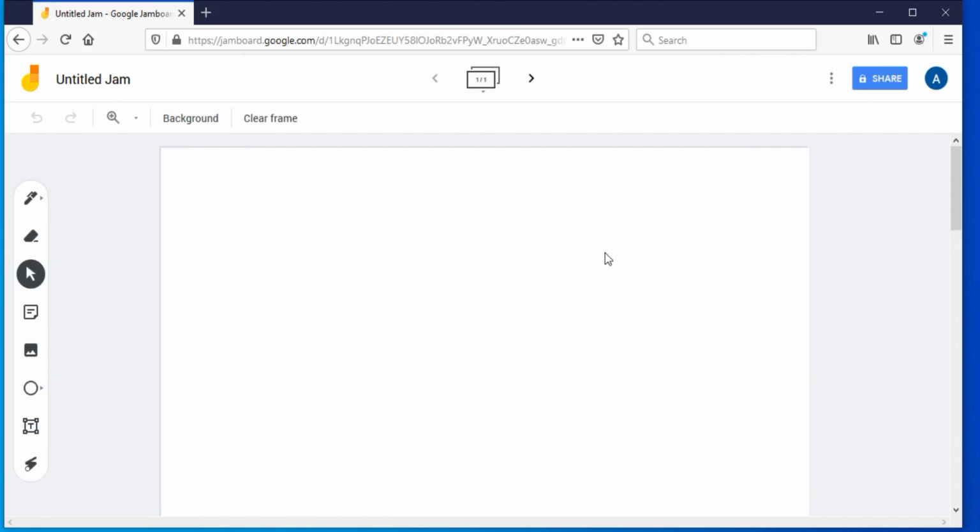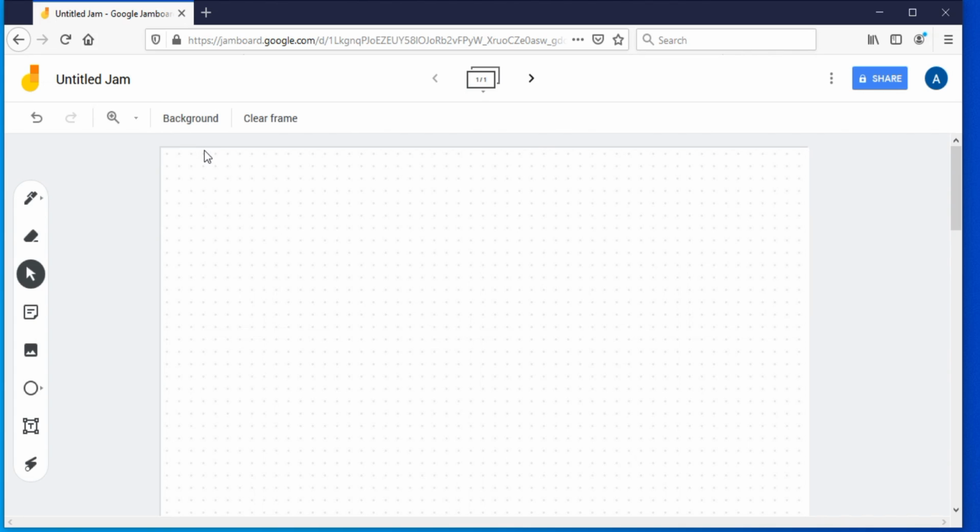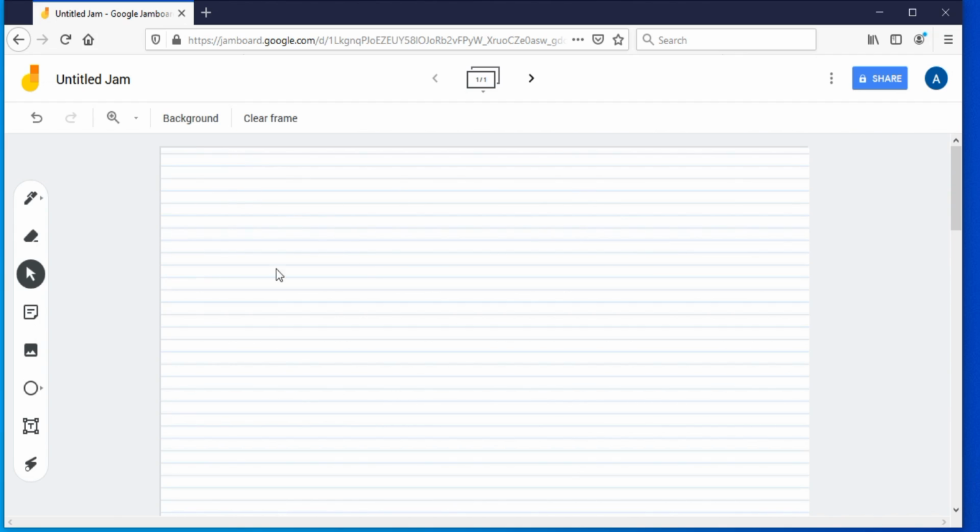And you can see Untitled Jam, and this is your board, or the digital board, that you can use for online teaching. First of all, you can see here the first is background, and you can see the white background, you can see this type of background, and you can see rules, that is the whiteboard with the lines.